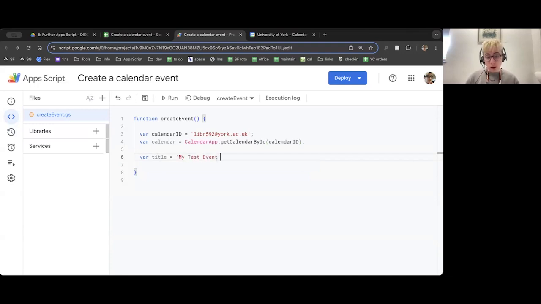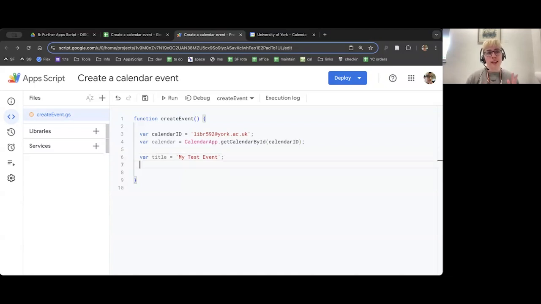Now, when you're creating this for a test, if you're having a go, I would recommend that you give it a distinctive name. Because if you lose the calendar event, so if it doesn't go in the right place in the calendar, you might find it somewhere else. Often it's on the 1st of January 1970, which is the first date that JavaScript recognizes. So it is really useful to give it a distinctive name that if you searched calendar, you could find. So you know where that event went and delete it if you want. So I'm going to close that line with a semicolon. We've got my title ready. Now I'm going to hit enter.